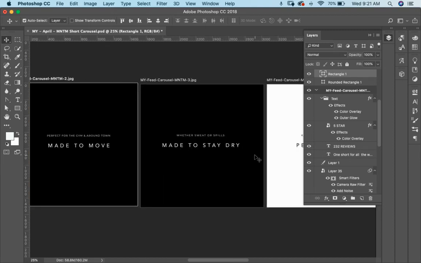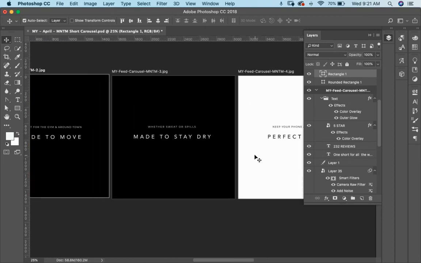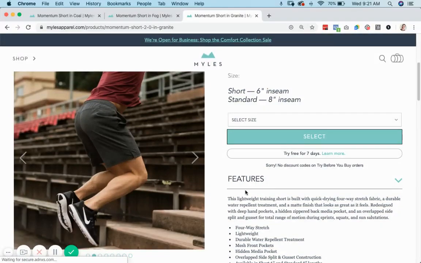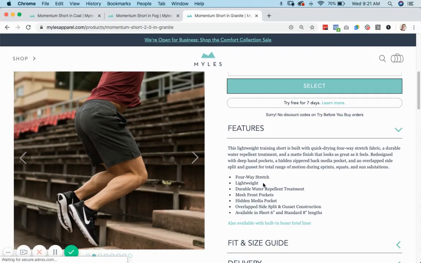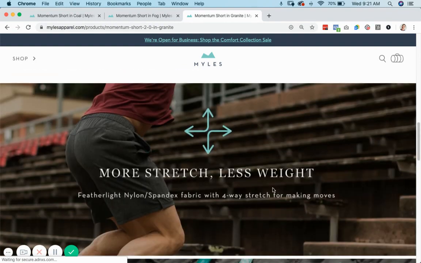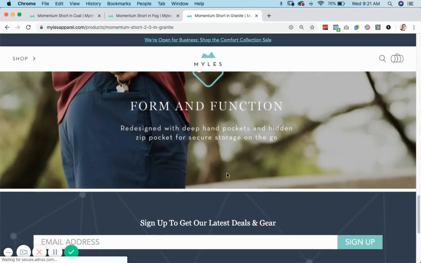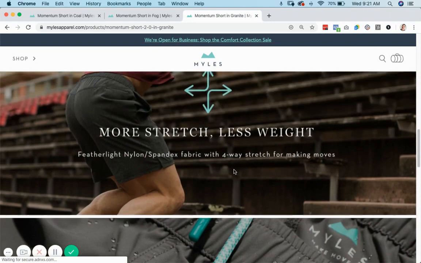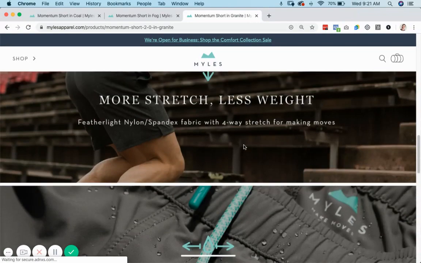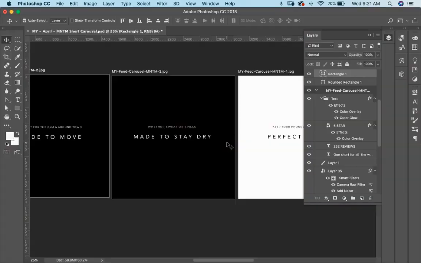Now, these next three I reserve for the features. So those three next slides are things that I really want to focus on in the product. And a lot of times you can see these in the PDP. So here we have different features they have. But remember, you can't have too much text in the image. So what I'm going to do is use these three callouts as my next three slides. Instead of just dragging it over and pasting it, I'm going to say, more stretch,